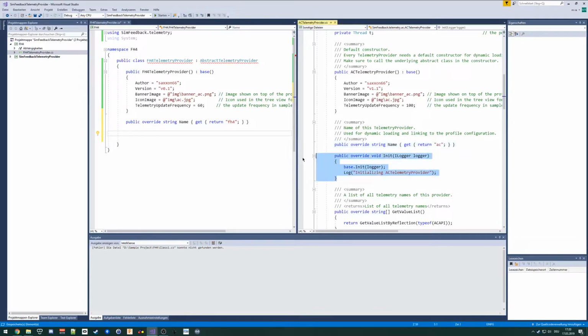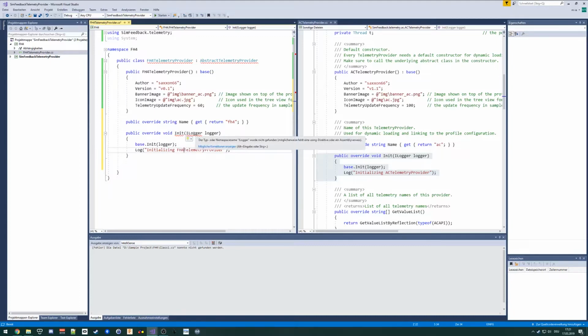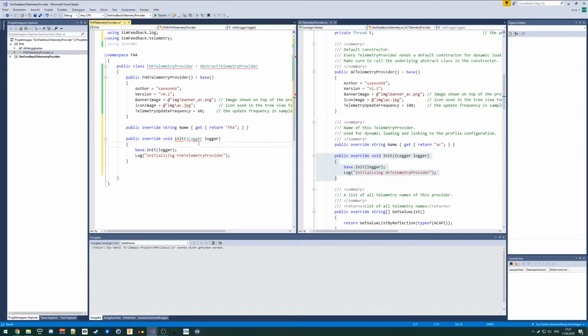So we need to do the init stuff. This initializes the telemetry provider. So we are seeing here, we will call it Forza Horizon 4 telemetry provider, and we do have an arrow here and here. Same procedure, hover with the mouse over the arrow, use this quick fix, also using SimLog, okay, and when they're done,